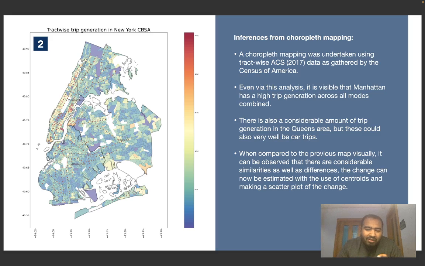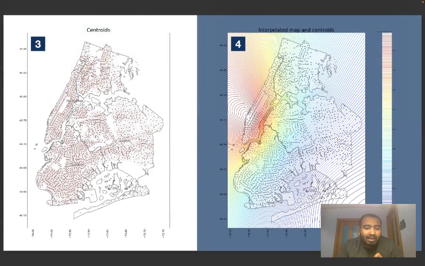Even if we compare this map visually to the previous contour color map, we can see that there are various similarities as well as differences. And now the percentage of the change can be estimated by making a scatter diagram of both the plots, the previous estimates